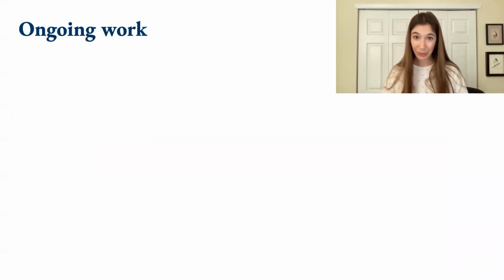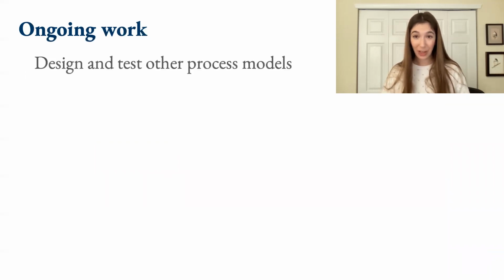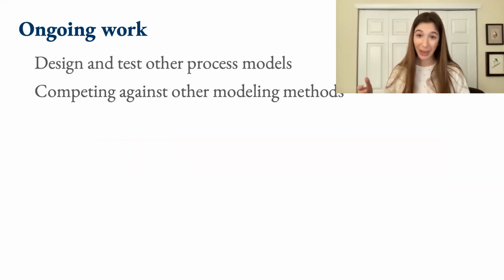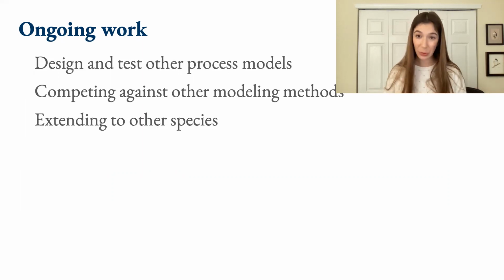So we're very excited about these results, but we have a lot of work left to do. We're fitting different process-based models to the data. What I showed you is just one, the temperature-dependent recruitment model. We're also comparing this to other modeling approaches that are correlative in nature to test which ones do the best job of capturing features like centroid shifts and range edge shifts. And we're expanding this to a lot of other species to hopefully develop a body of examples for when empirical field-tested process-based models can actually forecast species on the move.